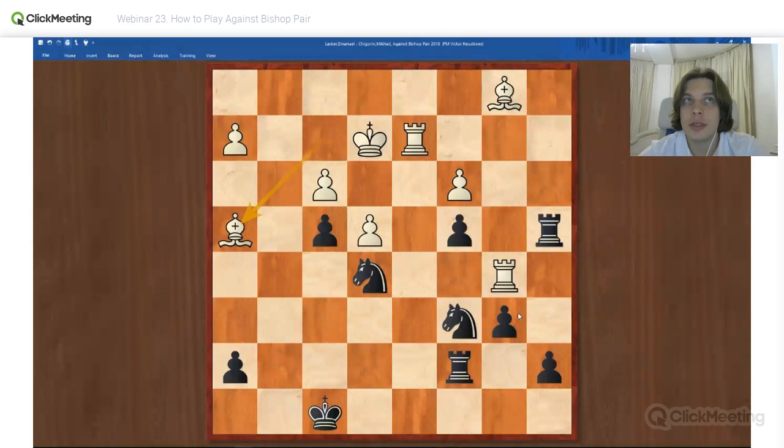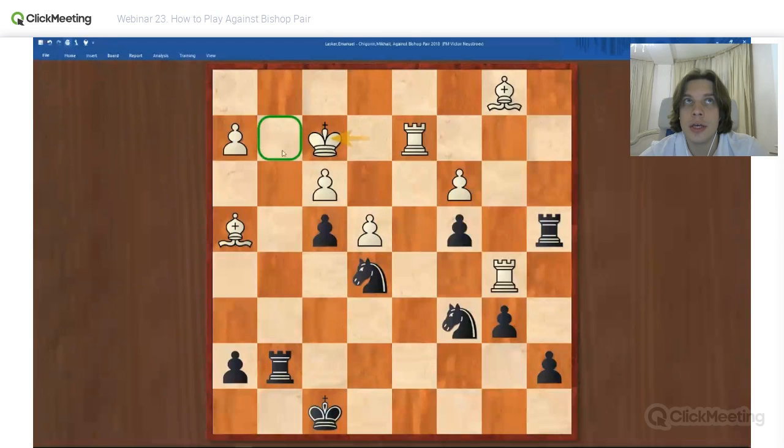So now it doesn't make sense to restrict the dark squared bishop because we have no means for that. Knight g6, rook d7. No, rook g7 was played in this position to activate the rook. King f2. Then, yeah, this is how he stops us from moving to g2. Rook g6. Now there are no squares for his rook to penetrate. That was the idea of the rook g7 and rook g6 maneuver.